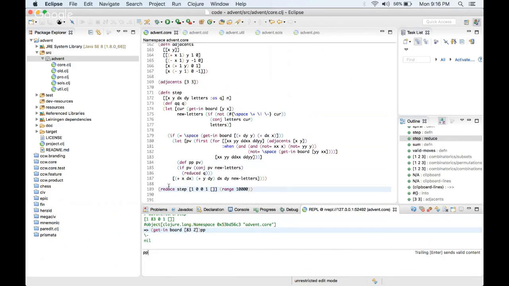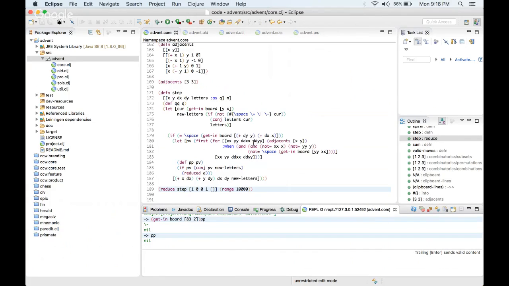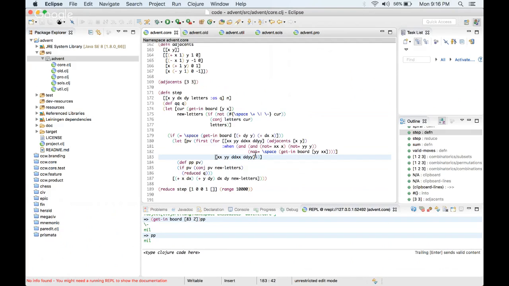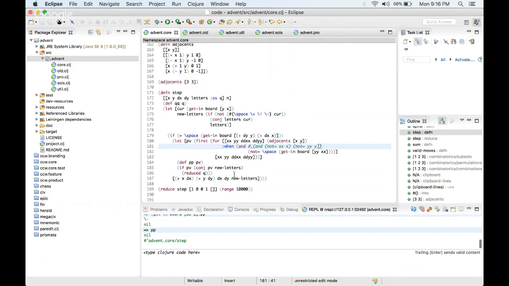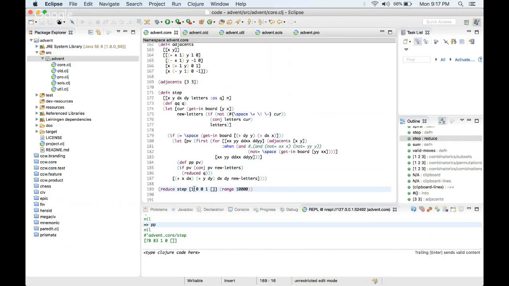It's actually coming in as nil. Okay, if we do this, then what happens? Seems like it's getting further,